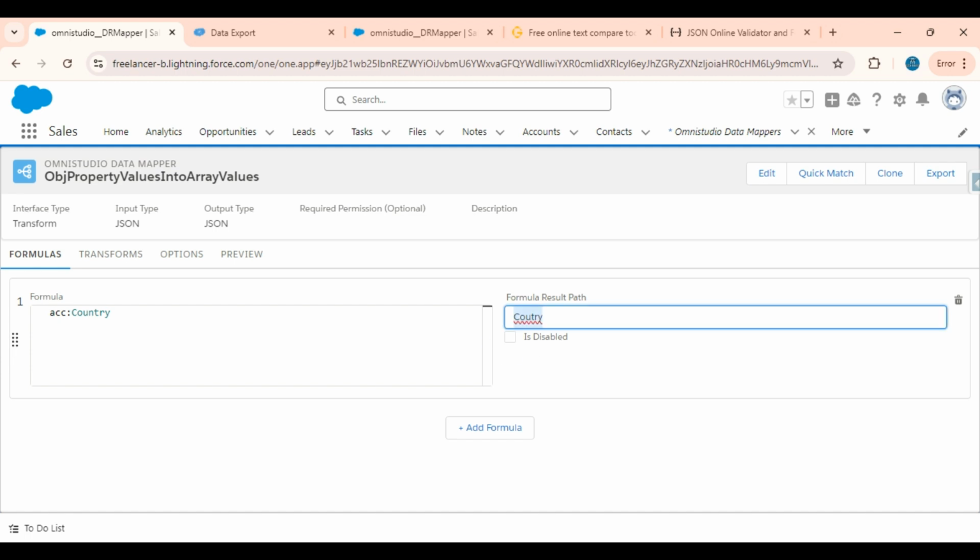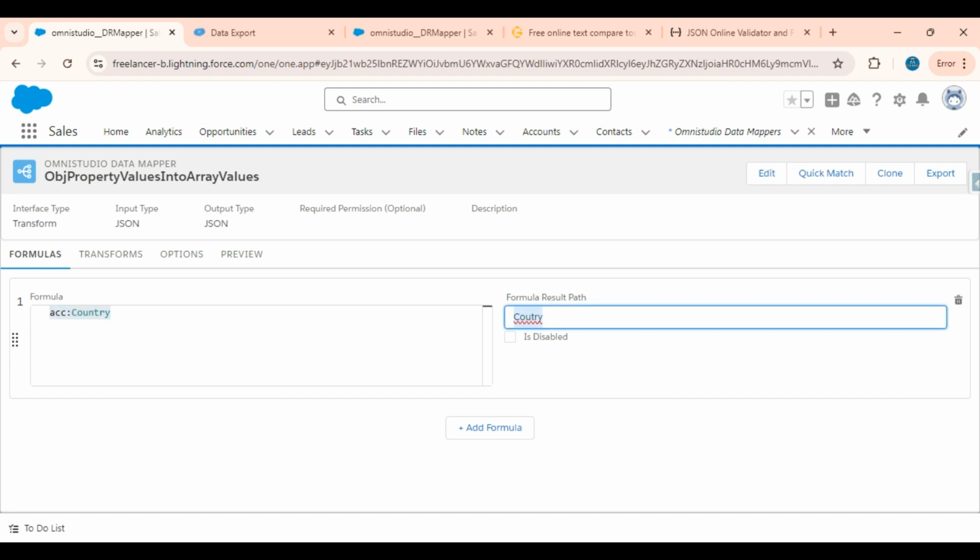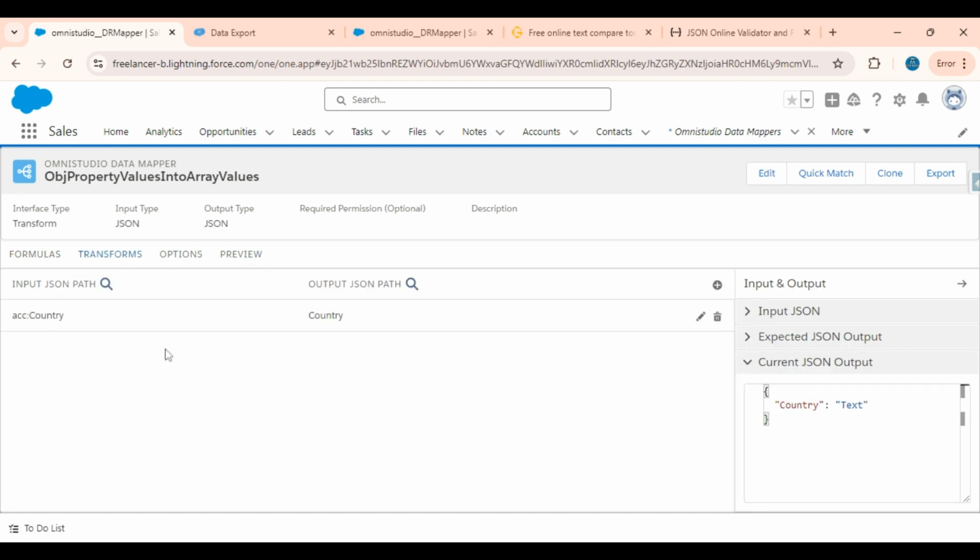If it is having only one value, means only one single string will be assigned to this country field. If you are passing a list of records, means all the record country values will be added to this country field, then it will become the list property. Okay,